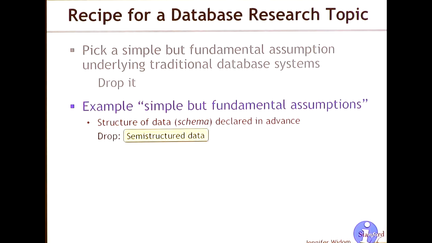So we dropped that assumption, and we started working on what's called semi-structured data. It was also called, at the time, schemaless data. So semi-structured or schemaless data is working with data that you really don't know what the structure will be like in advance. It might be highly irregular. The structure may change frequently. And that really changes everything about how you store the data, how you index the data, how you process it, and so on. So there's one example.